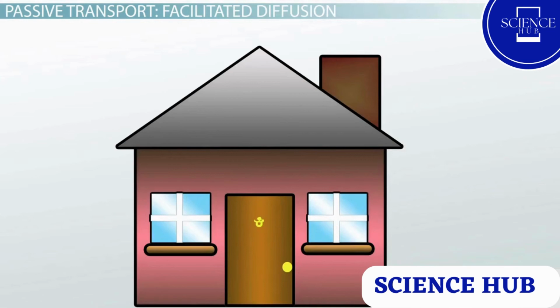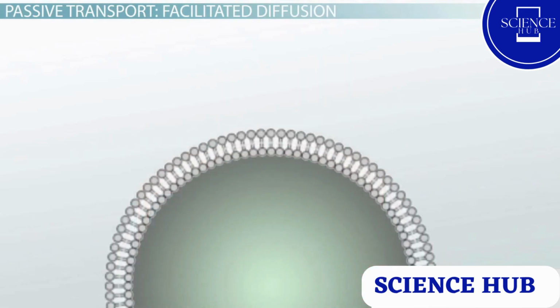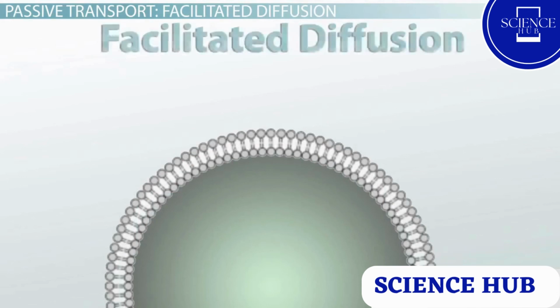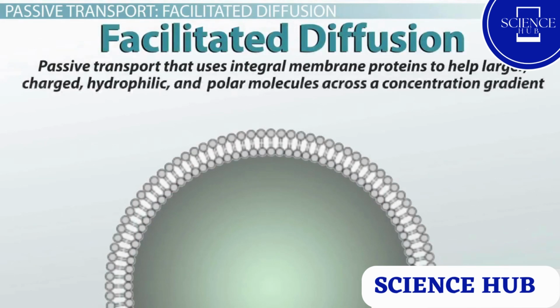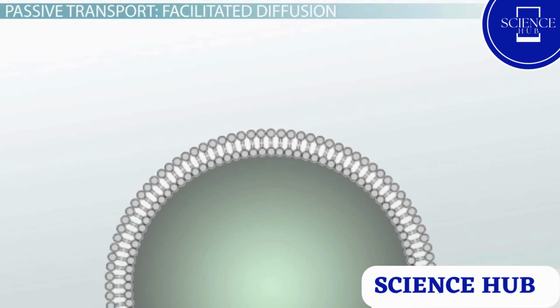There are different types of passageways into the cell, just like there are different ways to get into your home, depending on who or what is trying to get through. So each method of passage through the cell membrane might be useful to different molecules. So facilitated diffusion is passive transport that uses integral membrane proteins to help larger, charged, hydrophilic, and polar molecules across a concentration gradient. Remember that integral membrane proteins